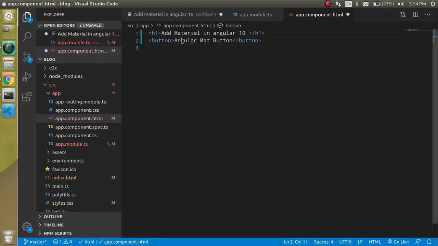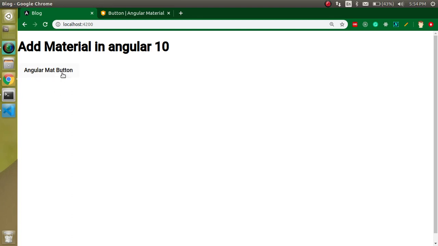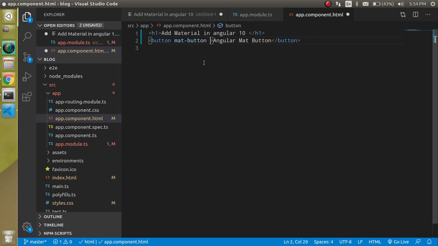So just make it small, and to get the material effect, we simply have to use mat-button here, right? And when you choose it, you will find that now this provides a great effect, right? We can even put colors also, like color, and it has some colors like primary, right?